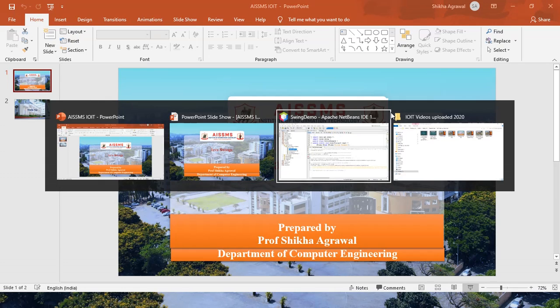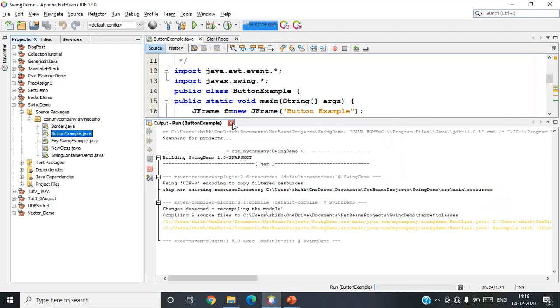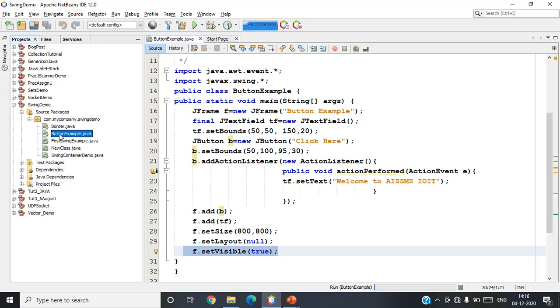Now we are going to see a demonstration program inside Java Swing. Here this is my program, ButtonExample, which is a simple Java Swing application. First of all, the javax.swing package provides classes for the Swing API such as button, text field, text area, radio button, checkbox, menu, and color chooser. Here you can see that we have imported the package javax.swing.